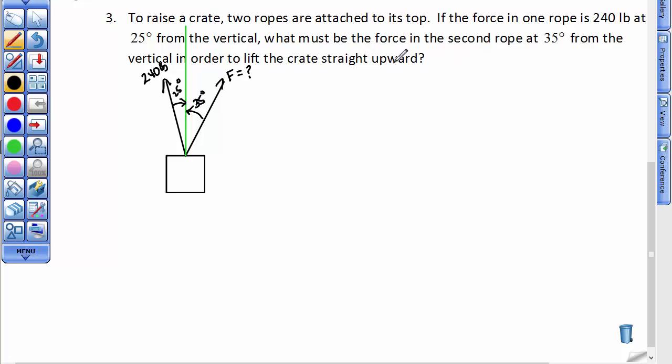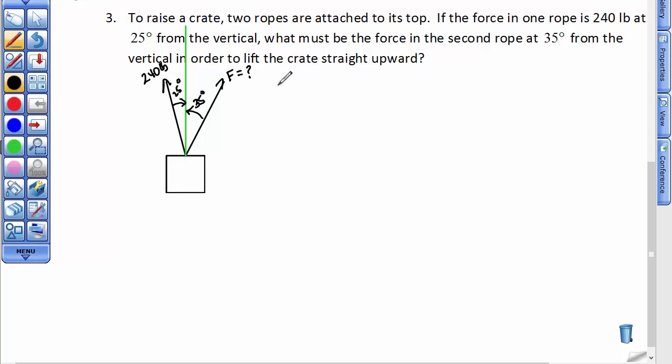upward. So in other words, I want the magnitude of the resultant to go in a vertical direction only, and I want to raise the crate. So essentially what has to happen is the x component of this 240-pound force, which goes this way, and the x component of this force, which goes this way, they have to be equal and opposite for my resultant vector to only go upward. And what I'm going to do is